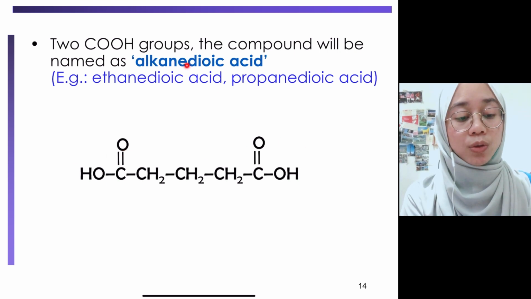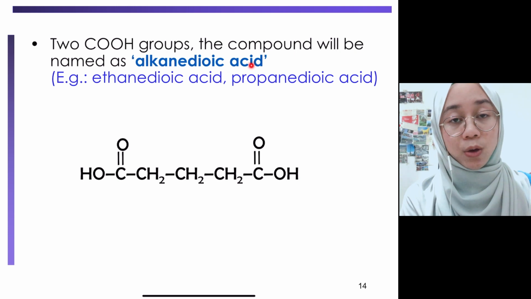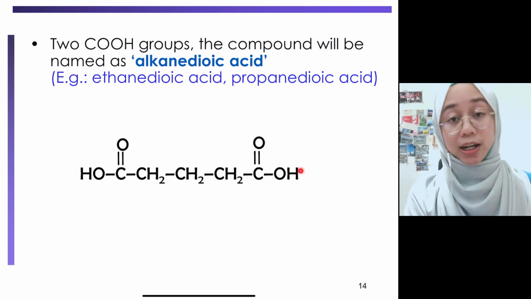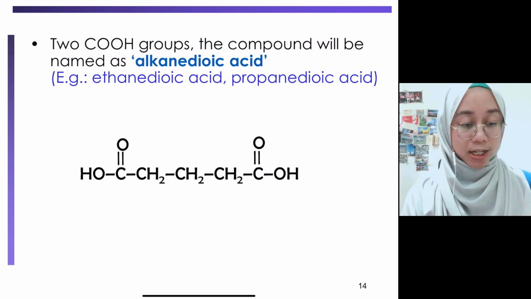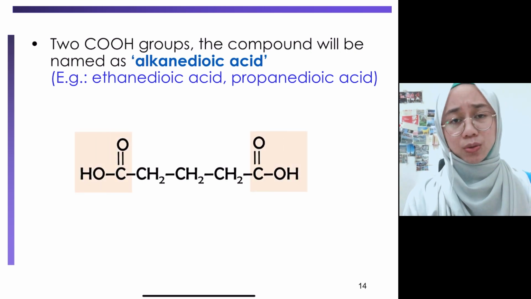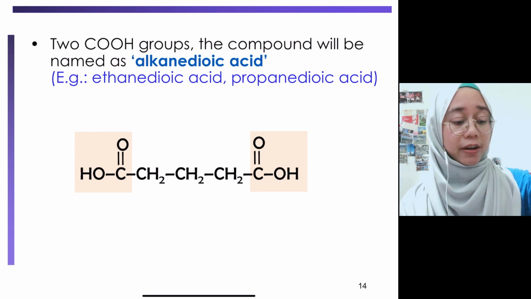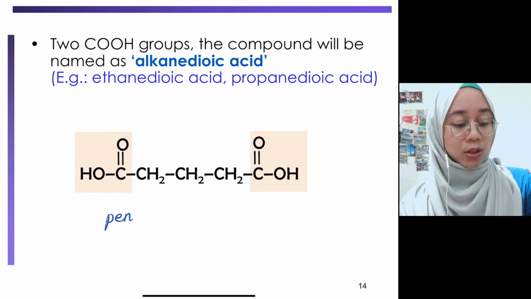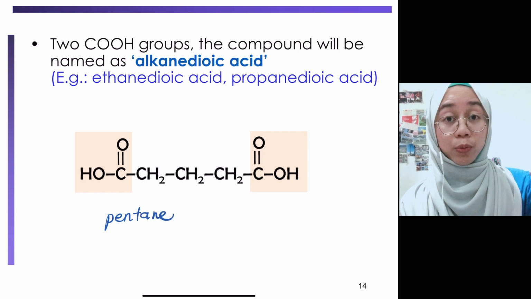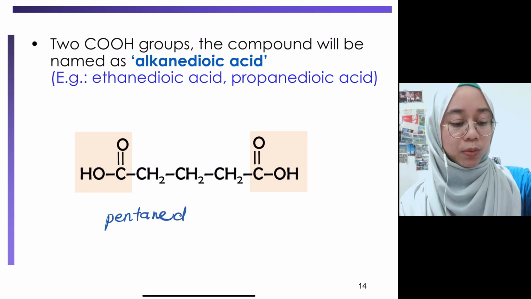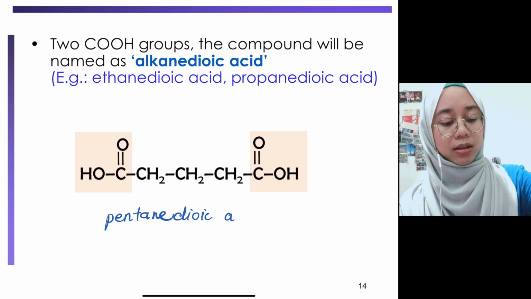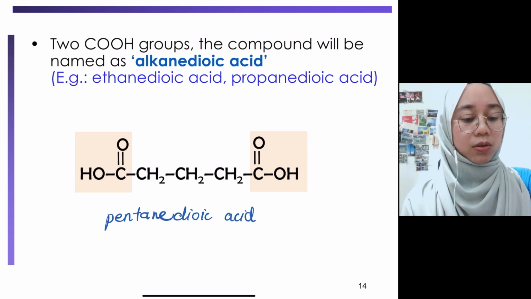Okay, and then do we need to give the position of the COOH? No, because it will always be dekat terminal. Walaupun ada dua-dua ni berada dekat hujung. Okay, so now you just need to count the number of carbon. So we have 5. Therefore, kalau 5 carbon bermaksud pentane. With E, and then you just need to put dioic acid. Okay, so next,